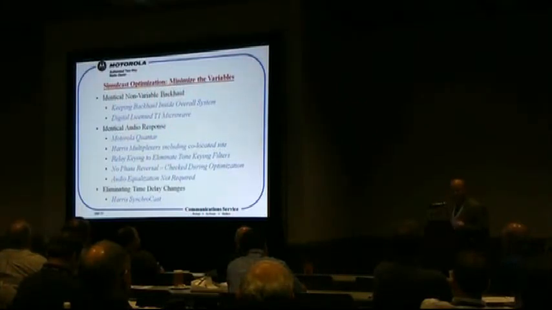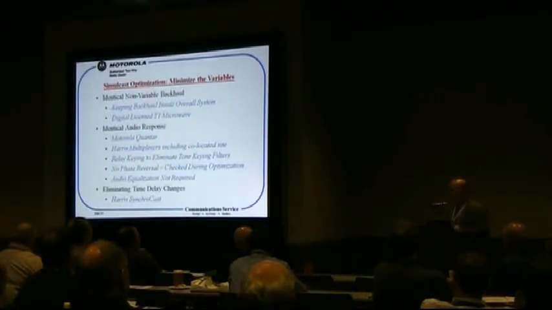The time delay is automatically set. So once you optimize it once, you're done. So your audio path, if you're running things through 4-wire cards and things like that, all the 4-wire cards have to operate identically, with the same phase delay, all that kind of thing, if you want it to operate the same. And that's one of the reasons we use Harris multiplexers, because